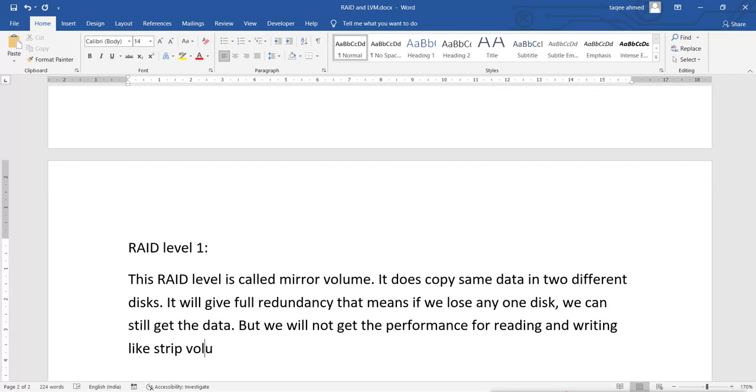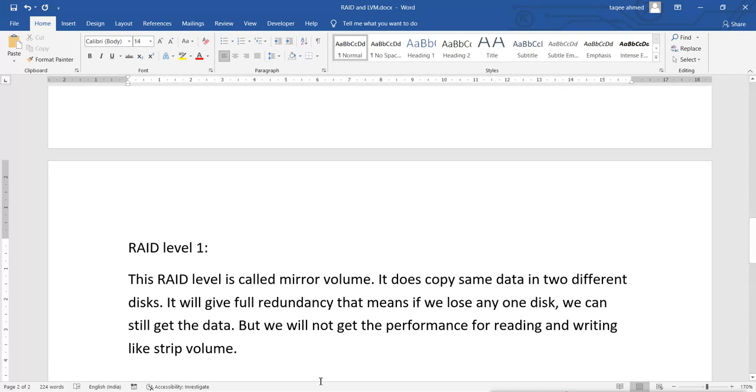As compared to the stripe volume, we will get a little less performance, but we will get the full redundancy. If we lose any of the disks, we will get the data. We will not lose the data. But it will not give a performance like a stripe volume.